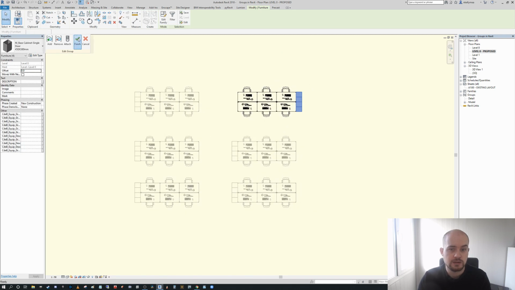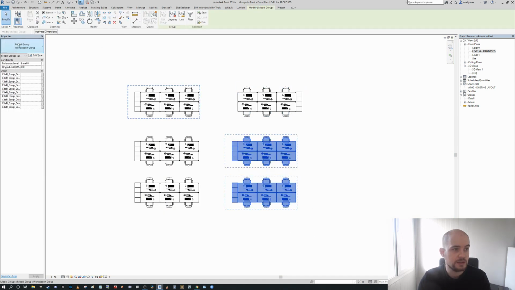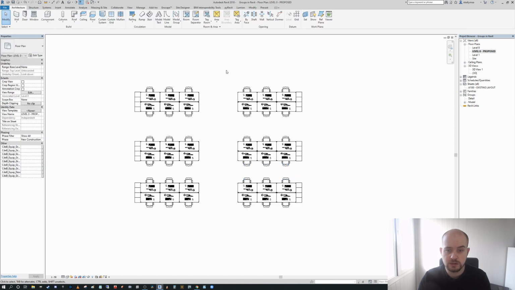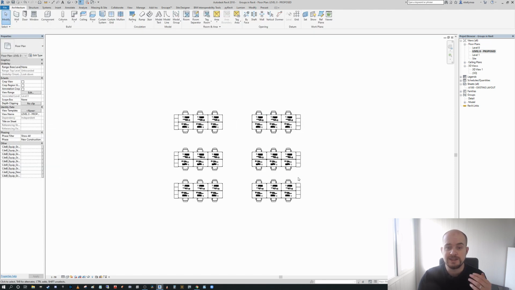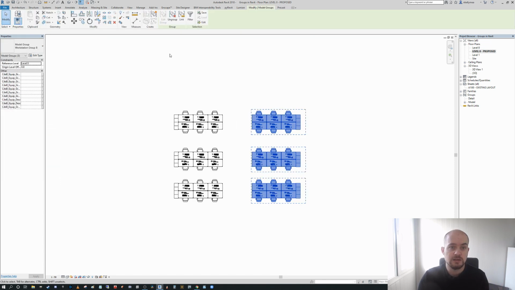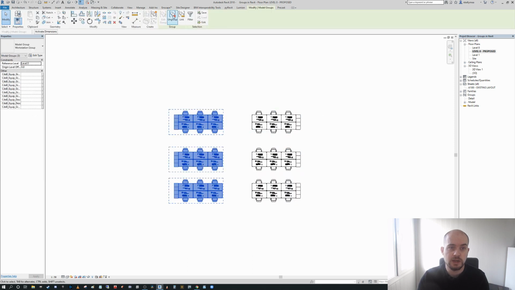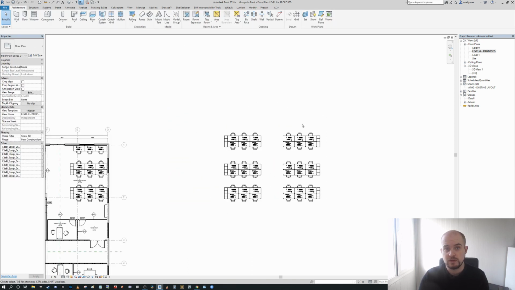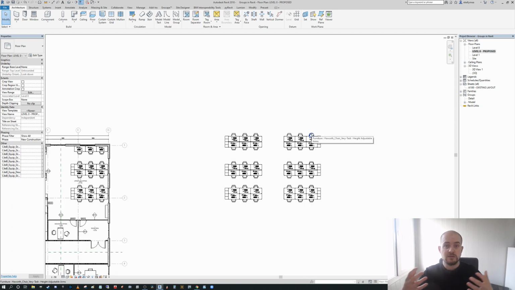I'm going to finish, and then I can select the other instances of the group and change them, and as you can see, finally we can select all those and ungroup. And what we have done is speed up our drafting efficiency by temporarily using groups. Now, this involves a great level of control. You need to be cognizant of the fact you're doing this, and you need to ensure that once you are content with the